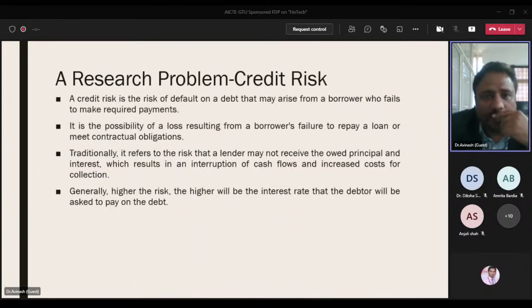Now, one of my research scholars is working on a problem called credit risk. I want to discuss this particular problem for around 5 minutes only. Credit risk is the risk of default on a debt that may arise from a borrower who fails to make required payments. This is a real problem where we are working and we are going to apply artificial intelligence. It is the possibility of loss resulting from a borrower's failure to repay a loan or meet contractual